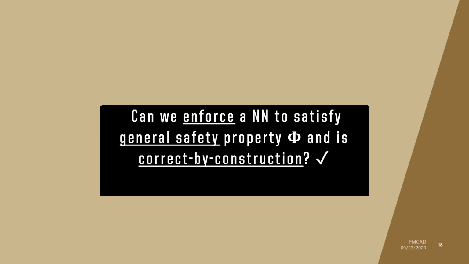To summarize, in this work, we have proposed a novel methodology to enforce a neural network to satisfy certain safety property phi in a correct by construction way. We have defined the notion of correctness that is a sufficient condition for correct by construction training and can be used in joint training with accuracy aspect losses. Moreover, with abstraction refinement techniques enabled, ART imposes mild impact on the accuracies.